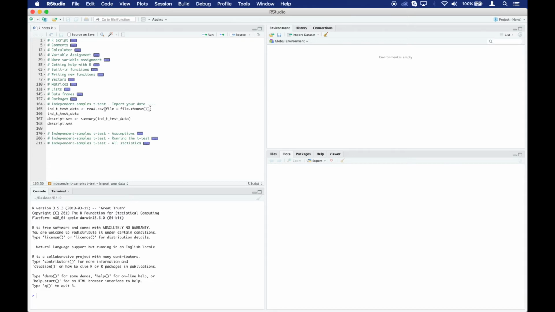Open parentheses, and as the argument that you're passing into read.csv, type file equals file.choose. Open and close parentheses. I'll give you a second to type that code. Now, when we run this code,